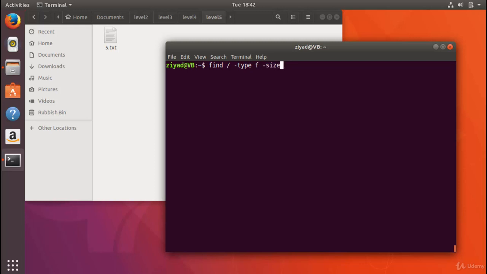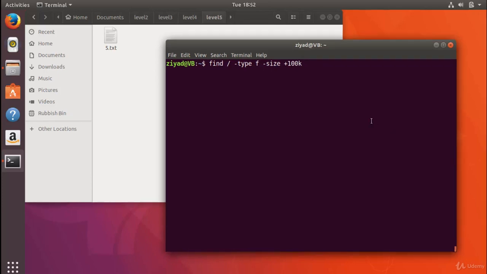Again, one dash. And now this is how you'd say greater than 100 kilobytes. Okay, so you see the plus, meaning greater. If it was less than, you'd have minus, so that's less than 100 kilobytes, but we want more than 100, then a lowercase k for kilobytes. So if I press enter,